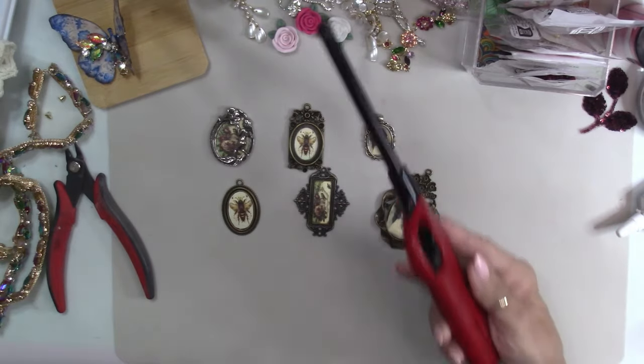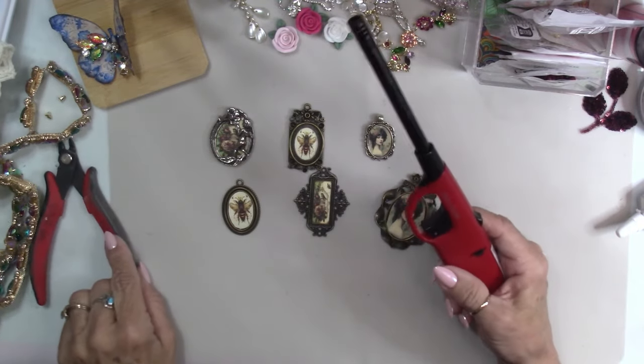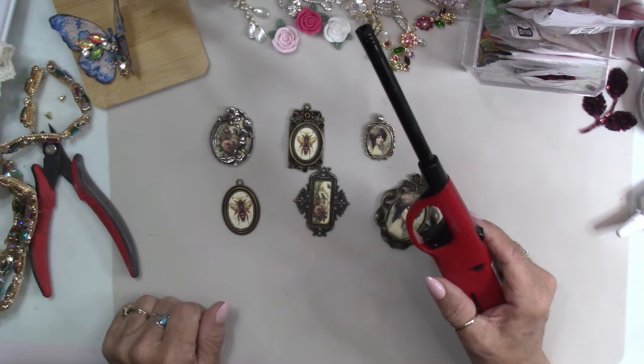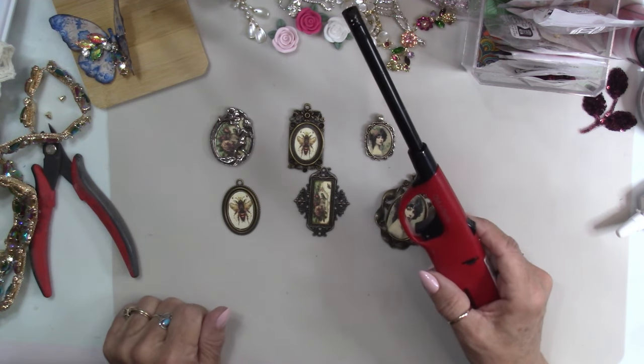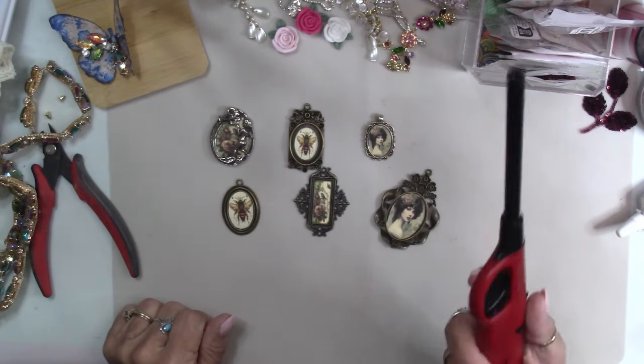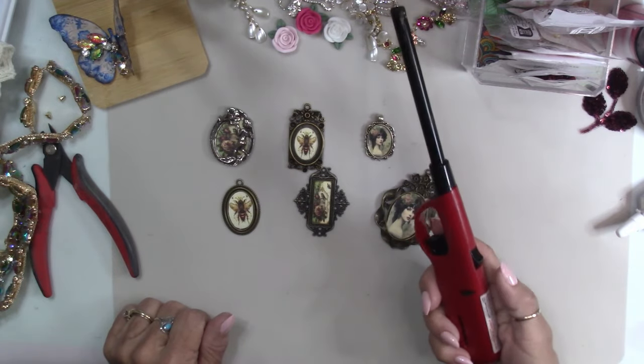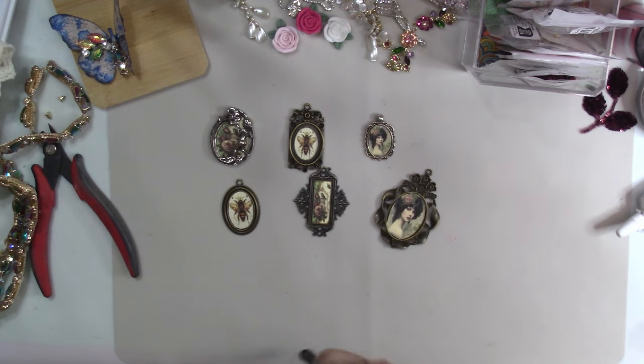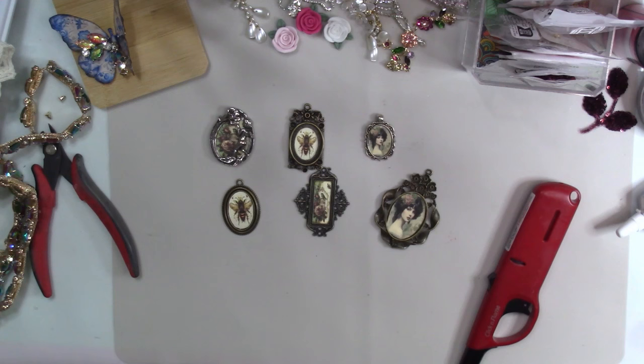These things are fairly cheap, you guys. I buy them at the cheapy stores, and they kind of die fairly quick. Some of them last a long time, but most of them do not. So this is one that's lasted a long time, and there's not a lot of juice in it. So let me go ahead and fill it up right now so that I don't run out during the middle of